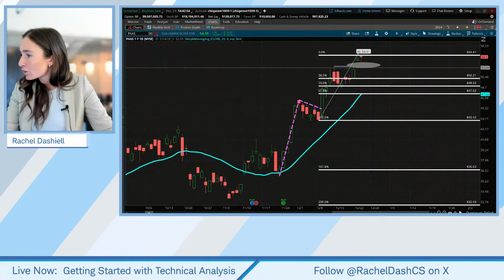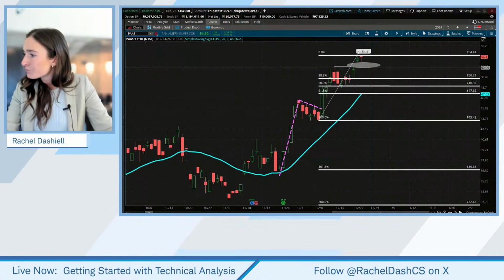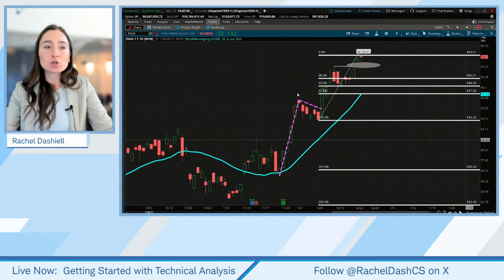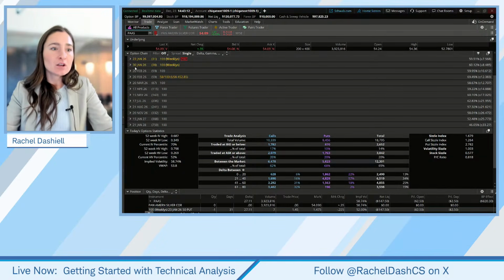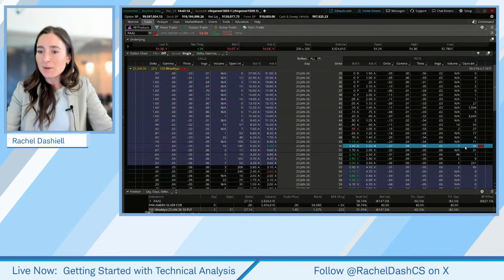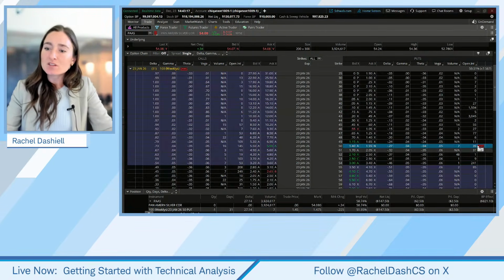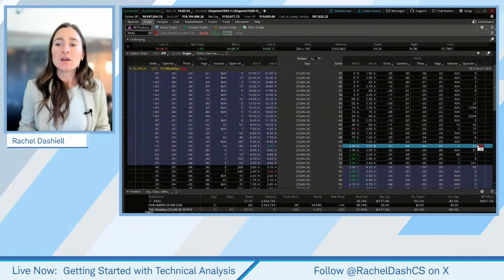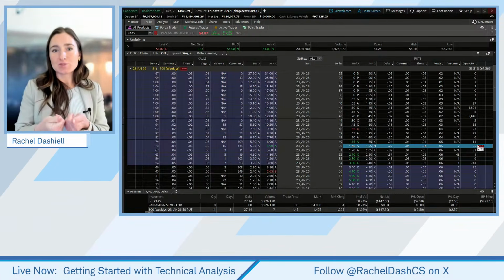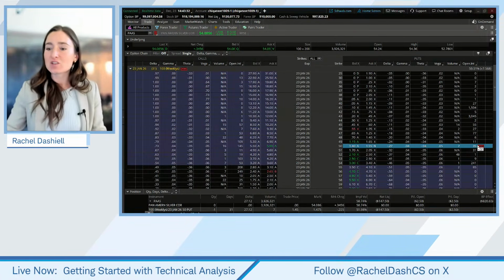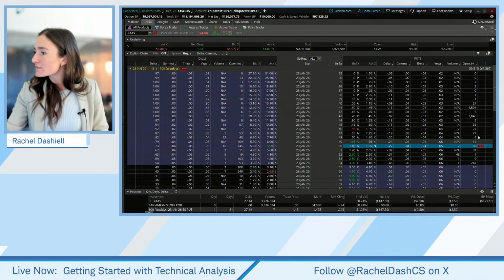So let me look at a couple other questions in the chat before we sign off today. Okay, question from Nidhi on whether volume is the number of transactions or the number of shares. Well, you have volume on the stock, and you have volume on the option. Volume on the stock is going to be the number of shares traded. Volume of the option is going to be the number of contracts traded. Open interest is the open number of contracts. So that's only going to increase if we see a new options trader opening a position meeting with another new options trader opening a new position. That's the only time you'll see that increase.